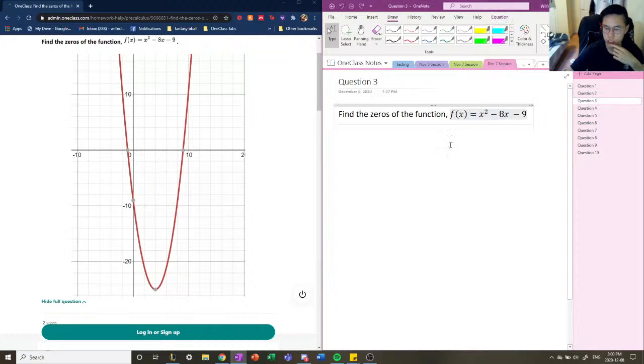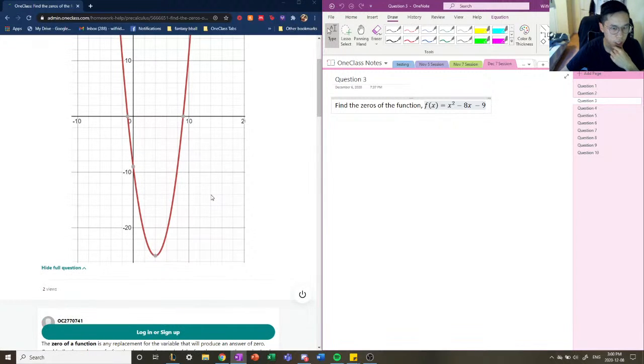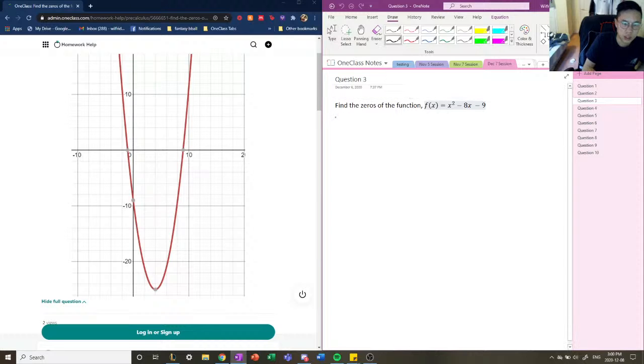So let's move on to the third question here. The third question reads, find the zeros of the function f of x equals x squared minus 8x minus 9. When they tell us to find the zeros, they're asking us to find the solutions for this equation here. So find the zeros